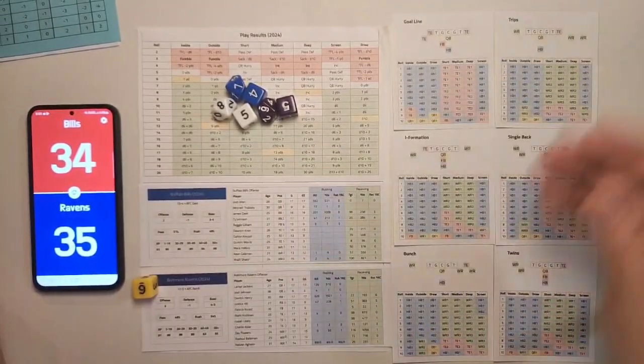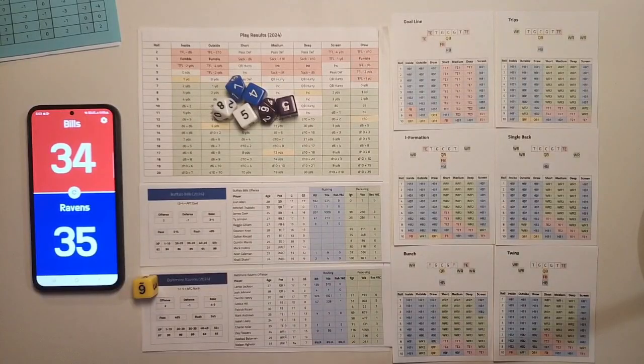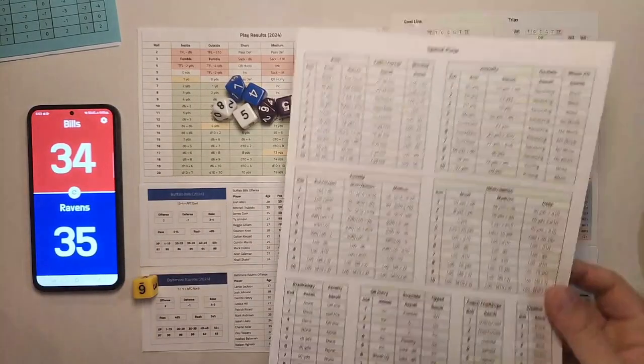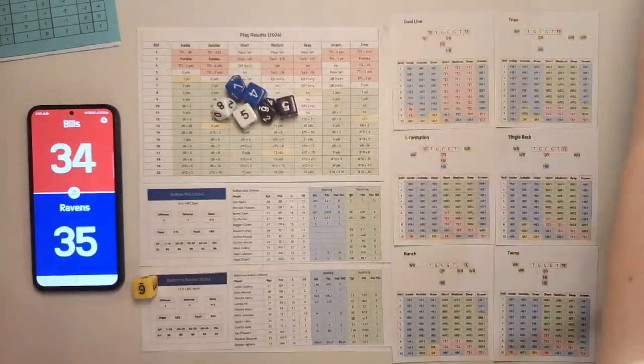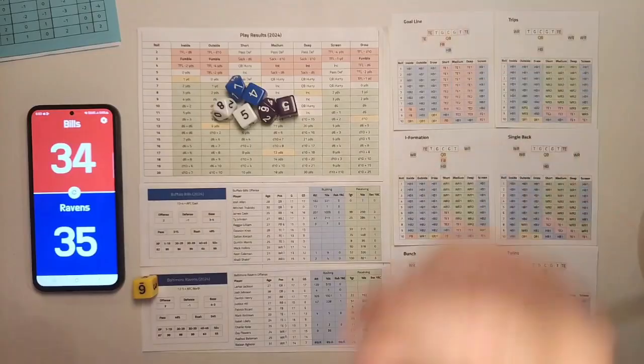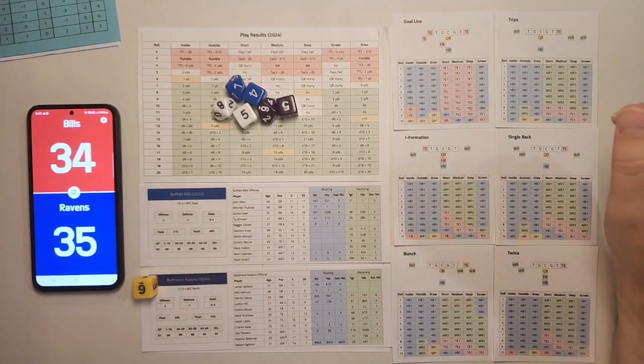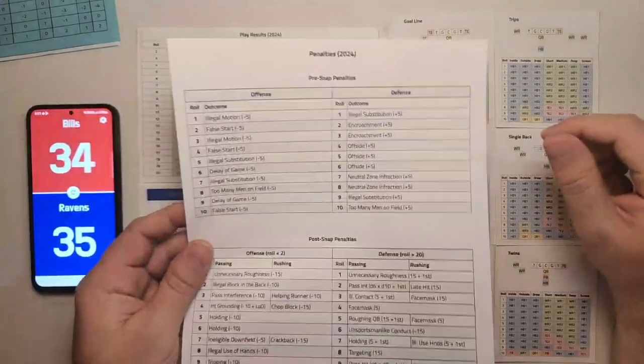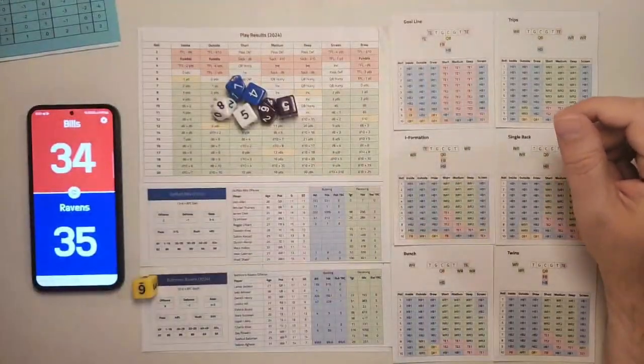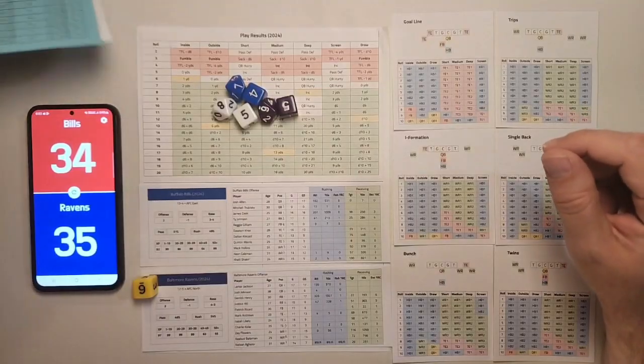And then it also comes with, I've been using these charts so you can see these are the special plays charts with kicking and special teams, interceptions and fumbles. We have a penalty chart for pre and post snap. We have 3 different types